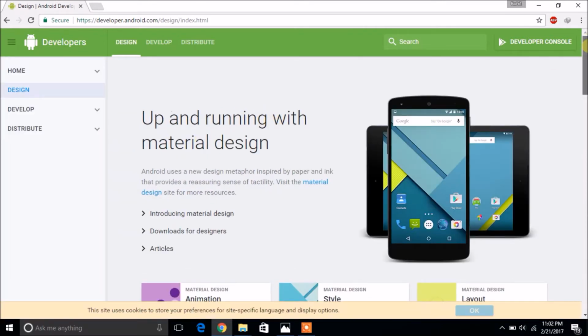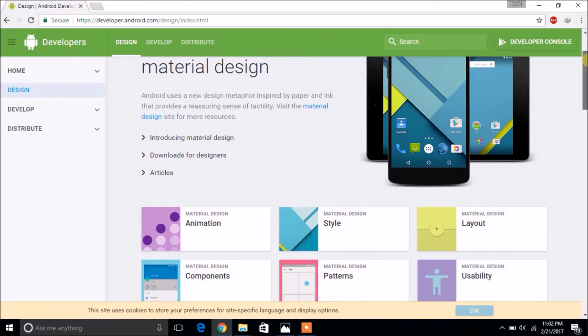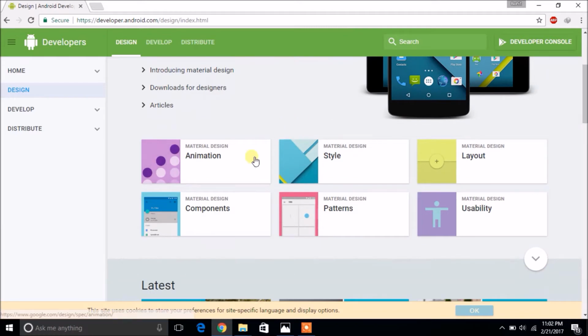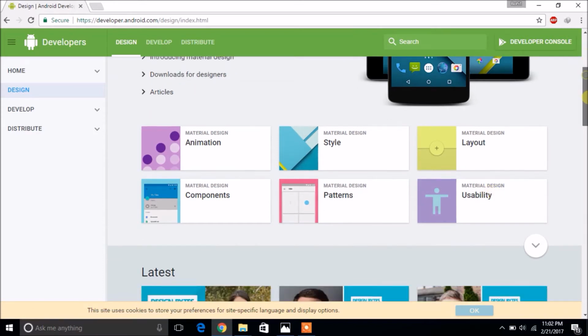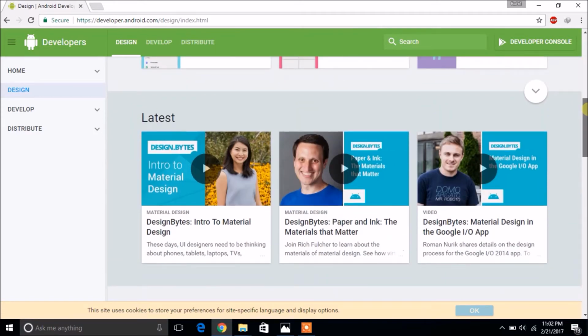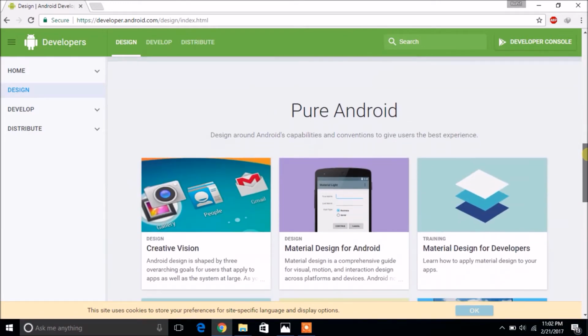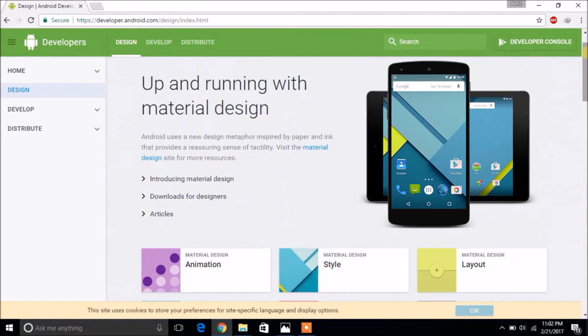Let's go to the design section and see what's in it. It gives details about material design, which is the design used in WhatsApp, Google Play Store, Google Movies, Google Books, Play Books, etc. And there are animation tricks, styles, components, patterns, usability and everything. These are very interesting videos. You can go and check them out.